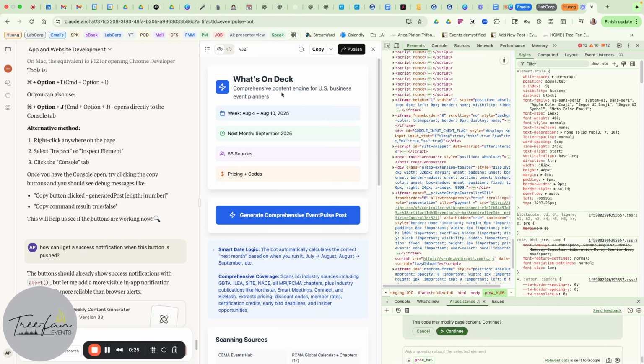What it does is a bunch of research on over 55 industry sources, including the major ones, looking for conferences that one should be aware of, pricing, discount codes, member rates, certifications, credits, early bird deadlines, and insider opportunities, and generating this comprehensive report every time,